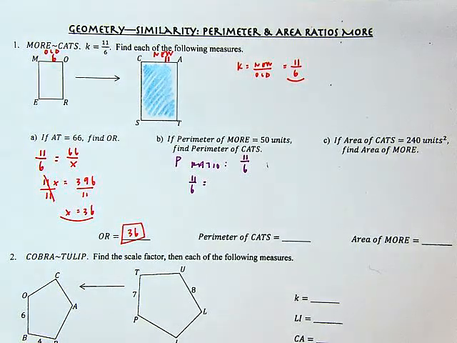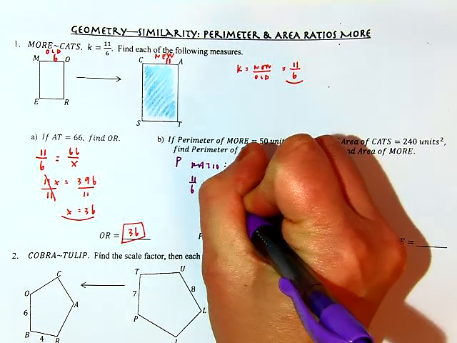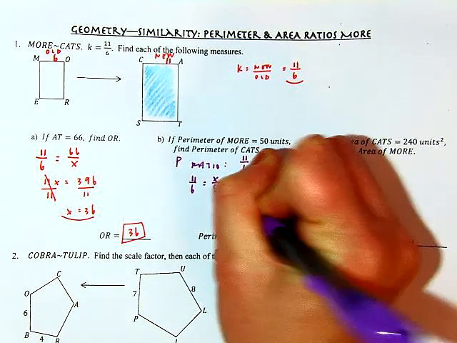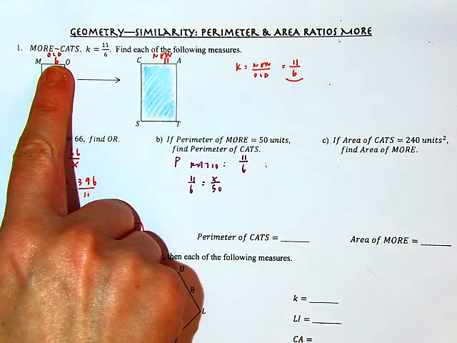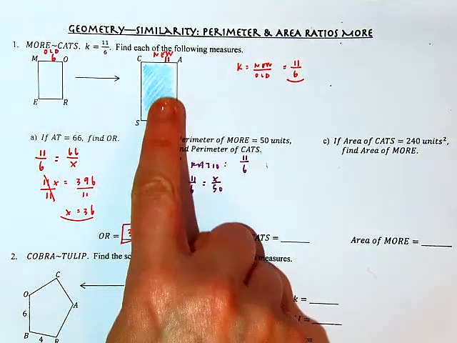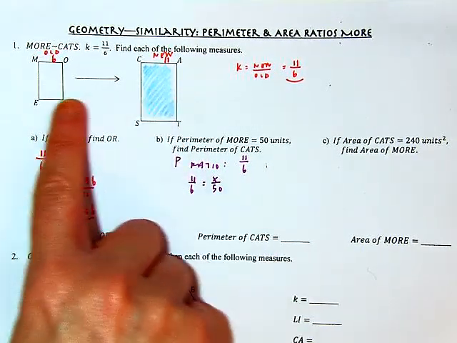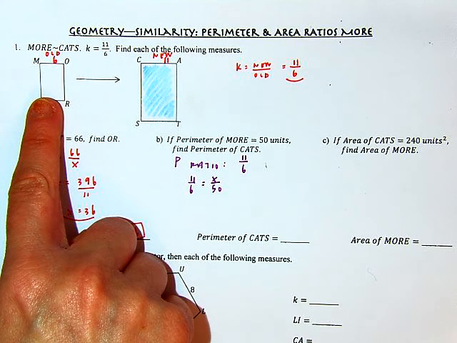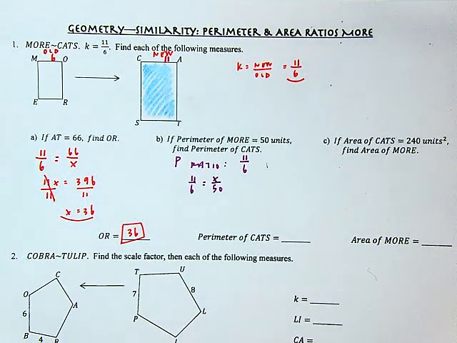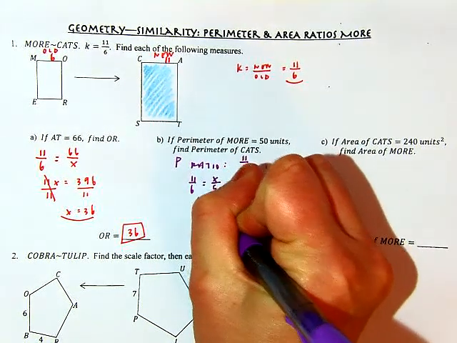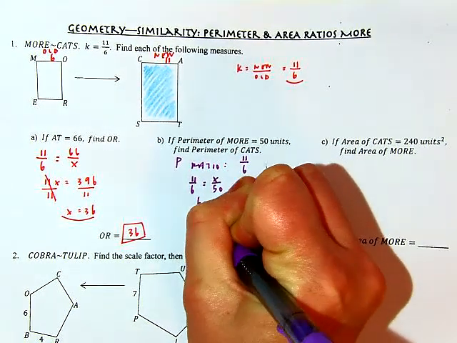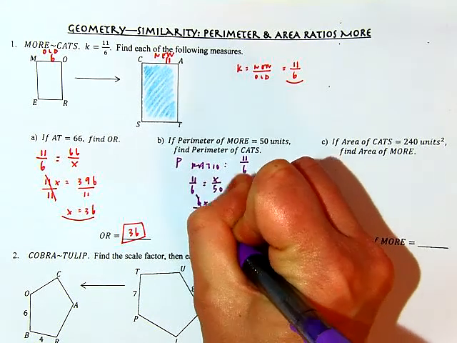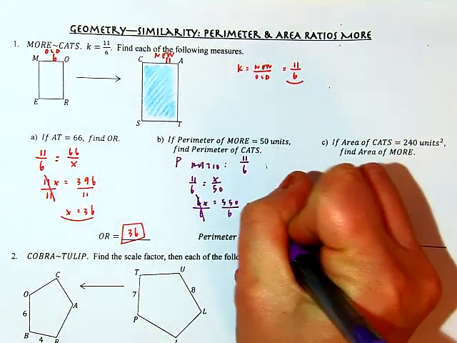So here I'm going to have to say as x is to... So again, 11:6 as the perimeter here, x, I don't know it, is to my perimeter here, which is 50. Okay, so cross multiply, and I get that 6x equals 550. Divide by 6. Okay, reduce that down. That's